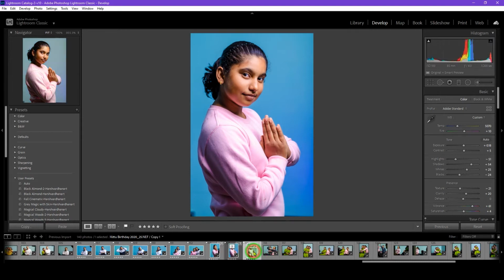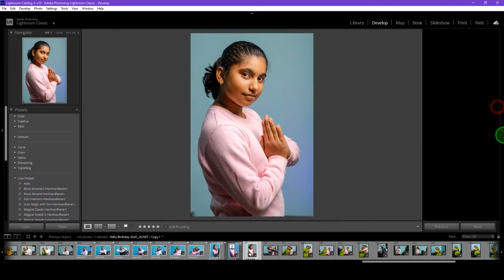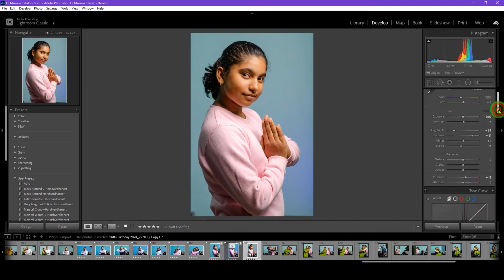So this is the first image, and what we do is come over here to the develop panel, and in the develop panel I first go to the auto option. So I'll click on auto, and most of the time it gives me the better or the best result, and thereafter we will just analyze the image and work on it. Okay, so we'll just come down.